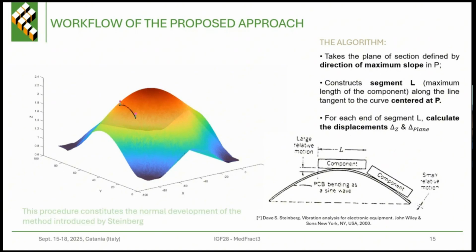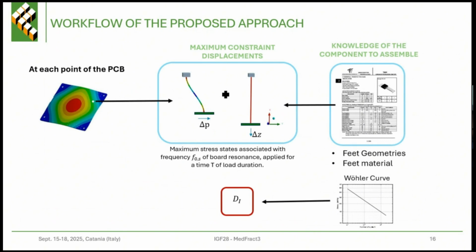So at the end, what we have is, for each point, the maximum constraint displacement